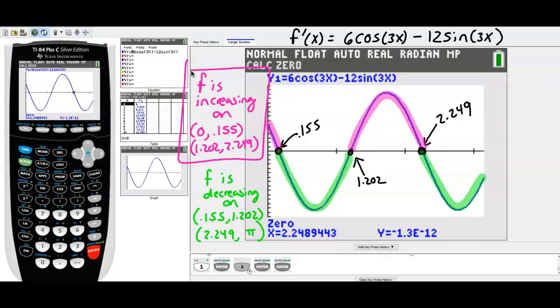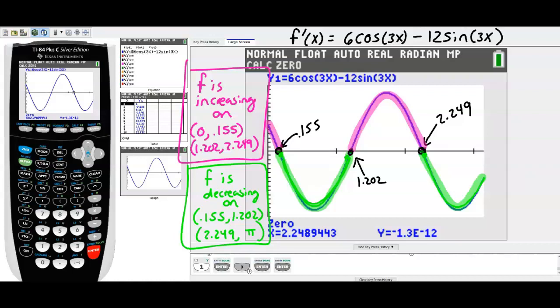2.49. And then the green areas are all the places where the graph is below the x-axis, so that's between 0.155 and 1.202, so that would be your first interval. And the other interval would be from 2.49 up to the end, which our graph is supposed to stop at pi. So f is decreasing on those intervals because the derivative, the graph that we're looking at, is below the x-axis, which means that the derivative is negative, which means that the original function is decreasing on those intervals. So that is how you can use a graphing calculator to